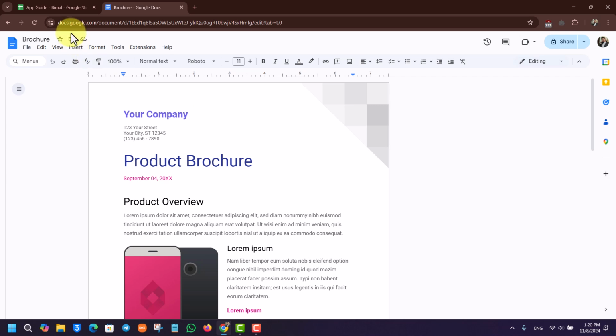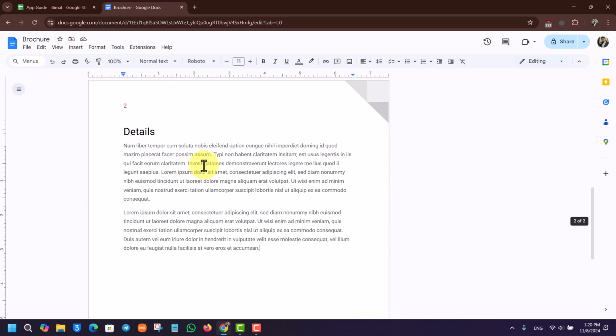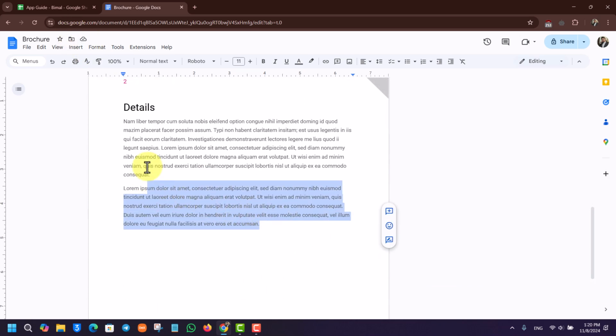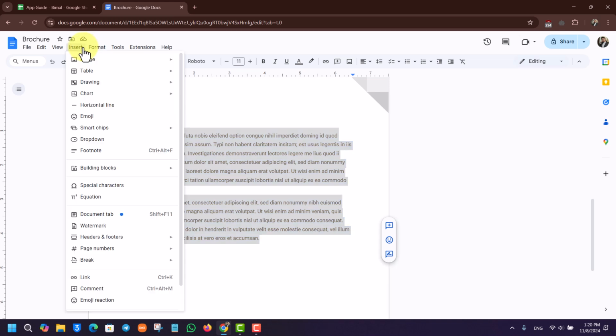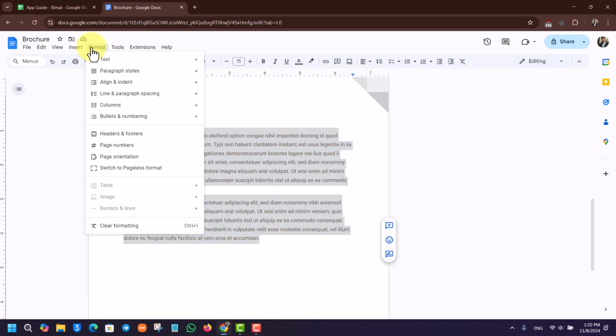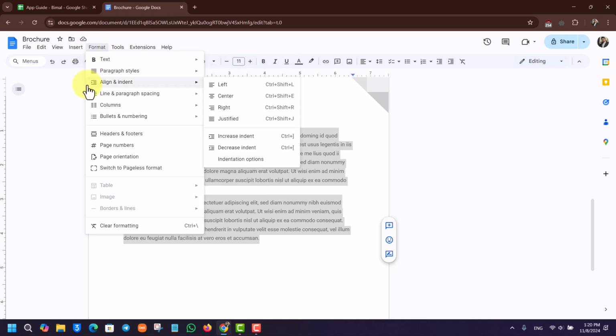document on Google Docs, which is docs.google.com. Once you're here, you want to simply select and highlight the text on which you want to add a hanging indent. Once you've done that, on the top left, you can find options called insert and format and so on. So we have to go to the format option, and from there you'll find an option that says align and indent,